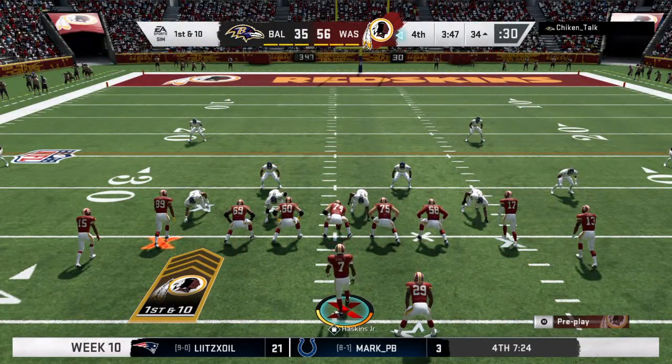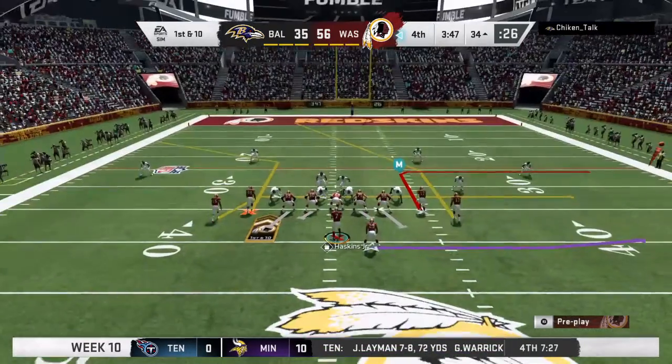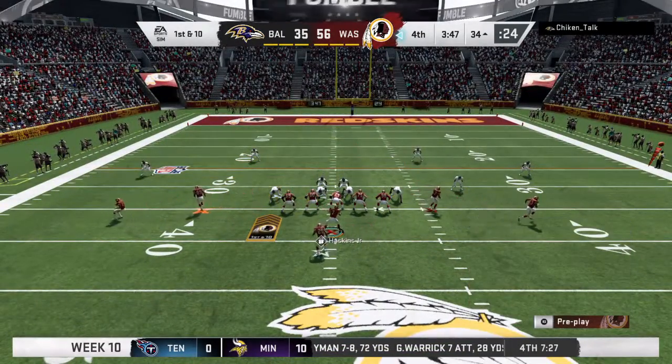Strong right, strong right, strong right. 4 down, check, 4 down, put it on. West,